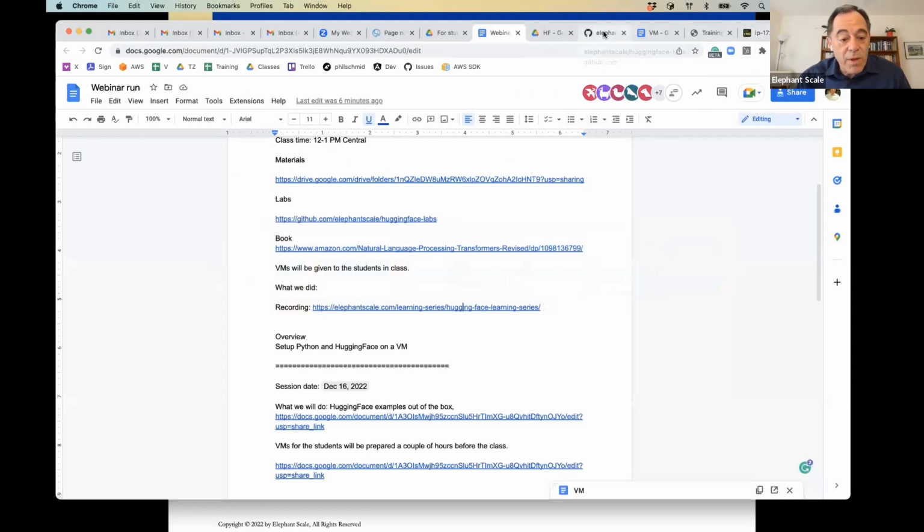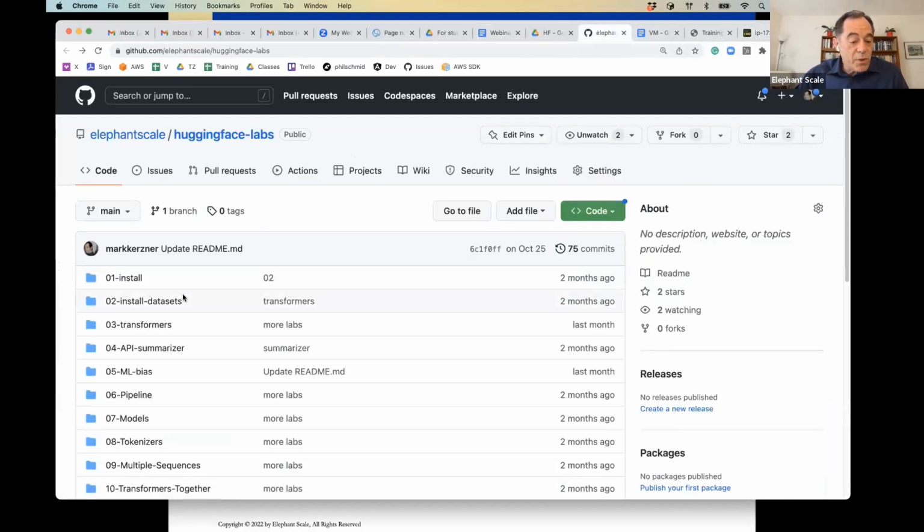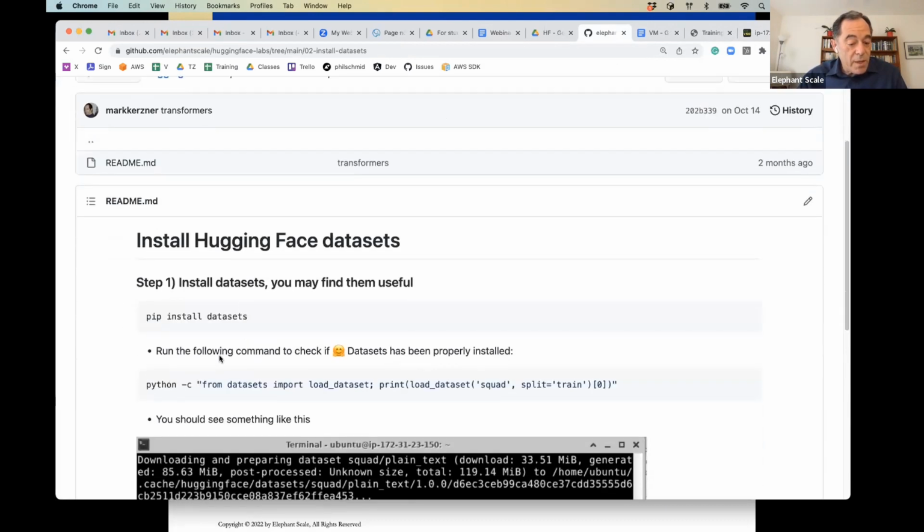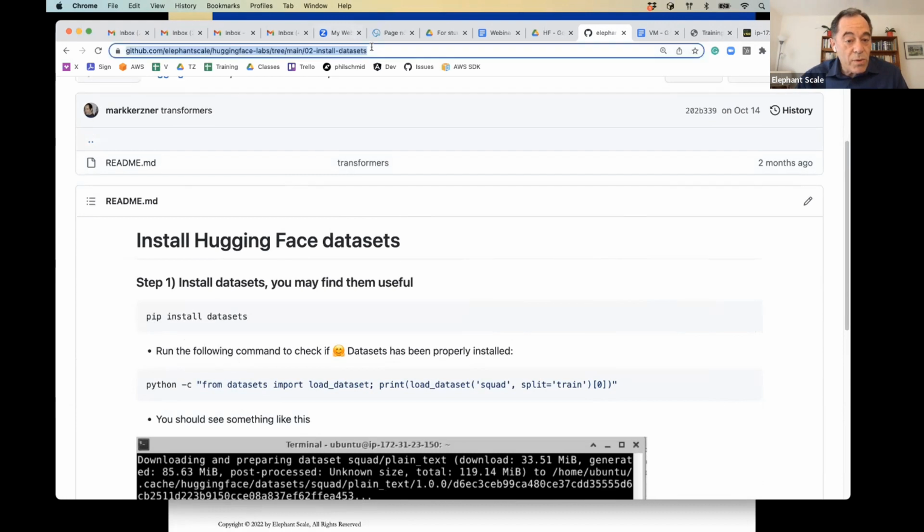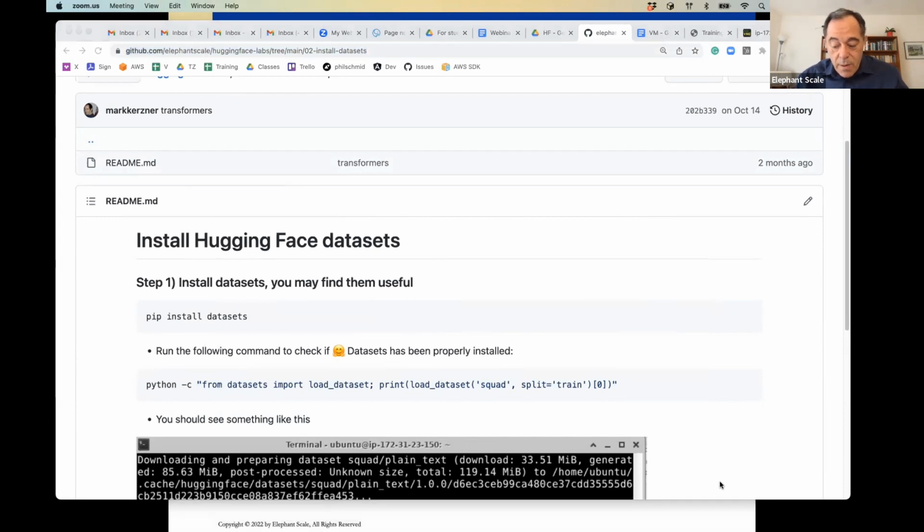Well, I think we also skipped lab number 2, so let's put it in. Lab number 2 is just one command, pip install datasets. That's it. So let's do that. We're doing lab number 2. Okay, I'm putting this lab number 2 in the chat. Okay, and I'll also look at the chat, what we have said.